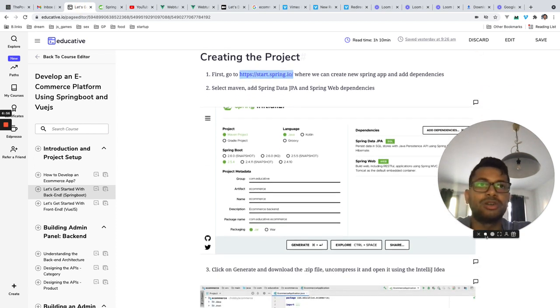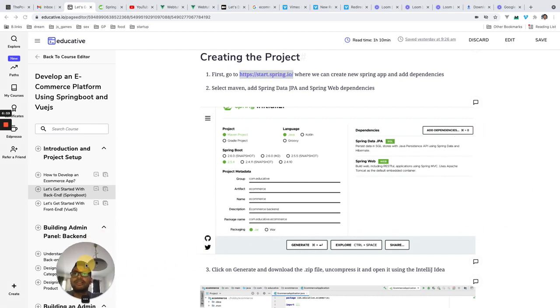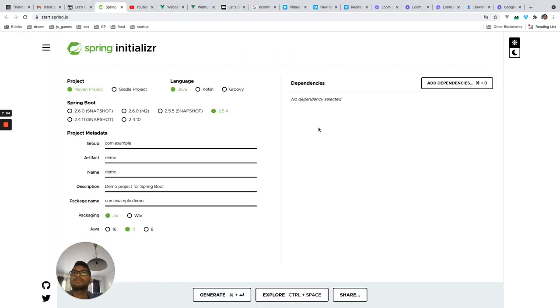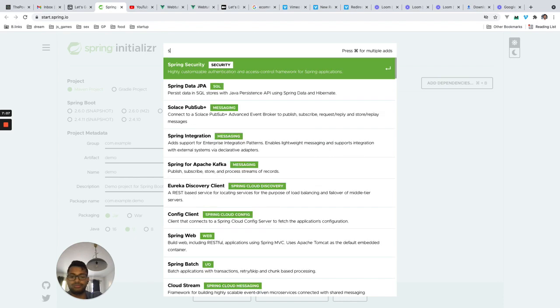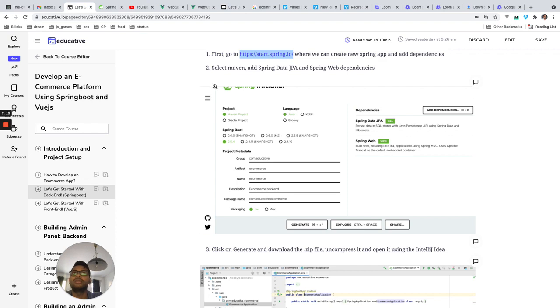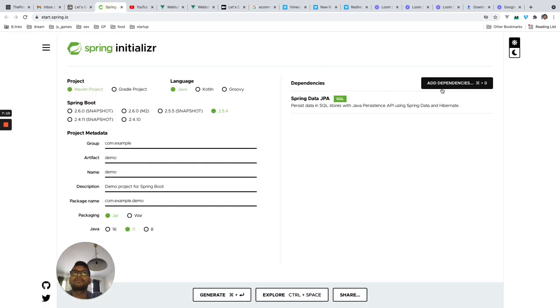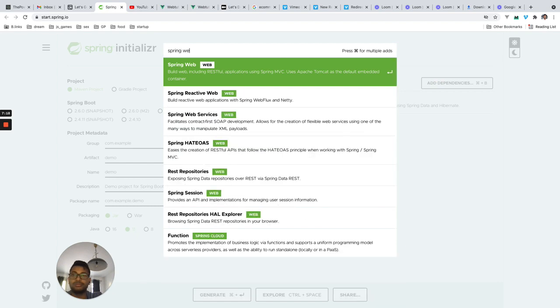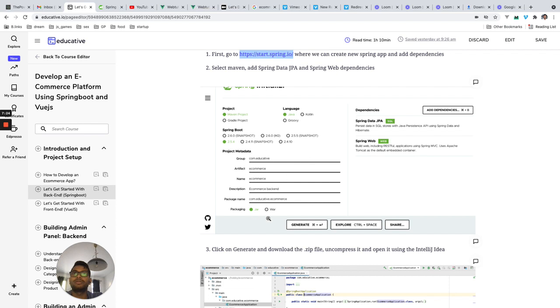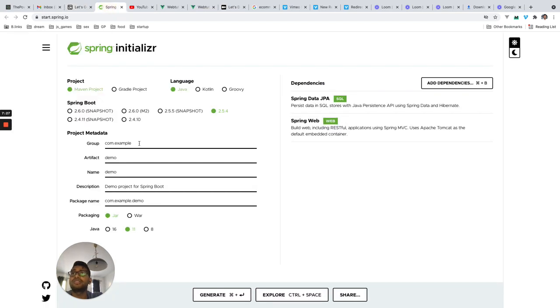let me just shrink my screen so that you can see it clearly. First I will add Spring Data JPA. Then I will add Spring Web. And I will just change the name, I will make it e-commerce demo.